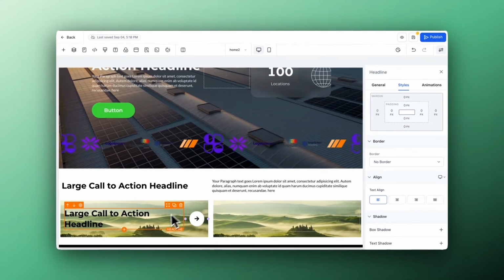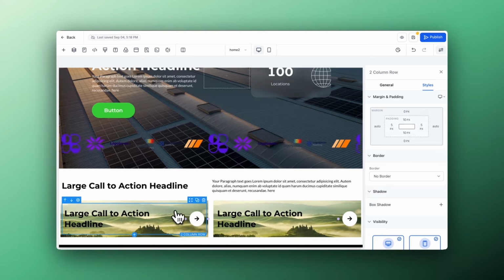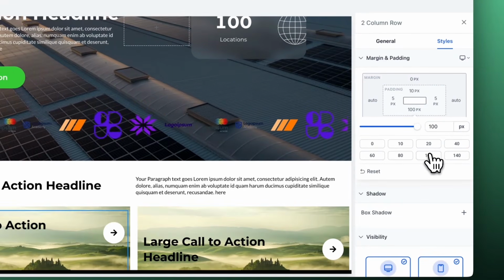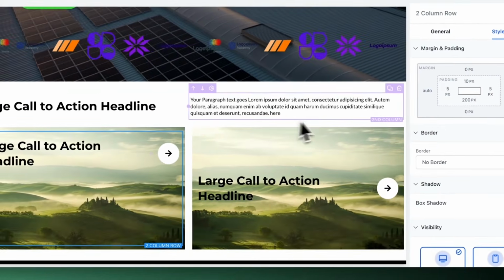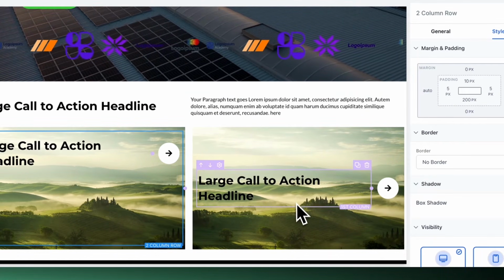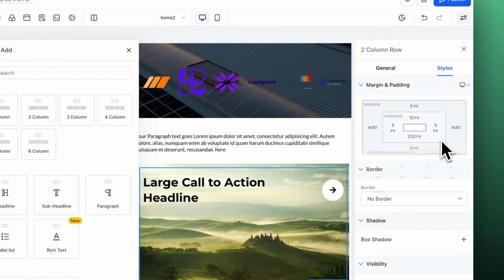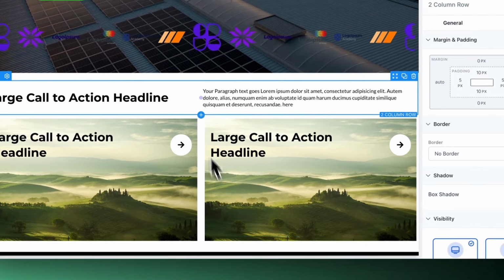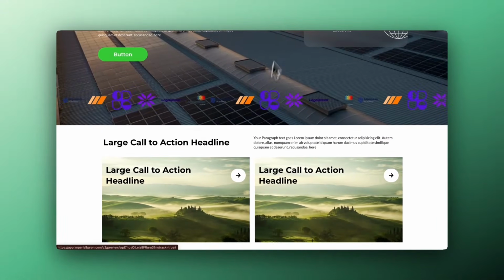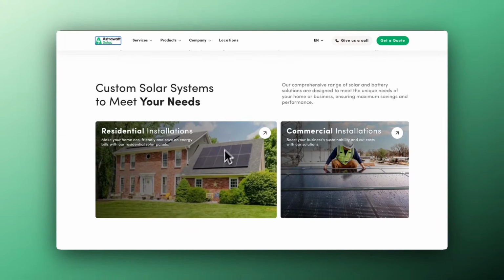Perfect. Let's duplicate the same thing on the right side. And let's add some padding below this row element. Let's say 100 pixels maybe, or even 200 pixels. Perfect. Just like this. And same goes here. Let's add 200 pixels padding bottom. Very, very nice. Now, as you can see, we have the exact same structure as on this website, but we